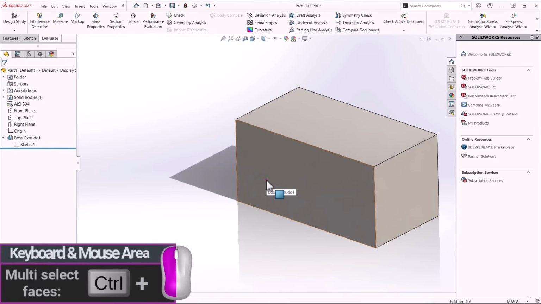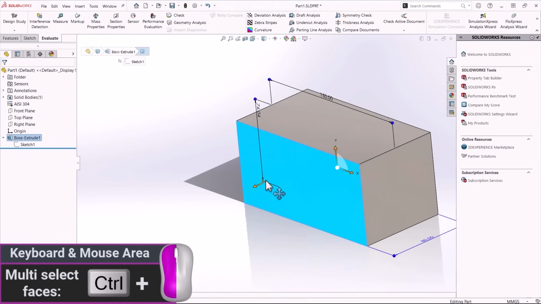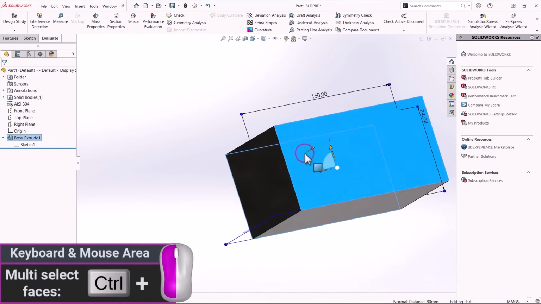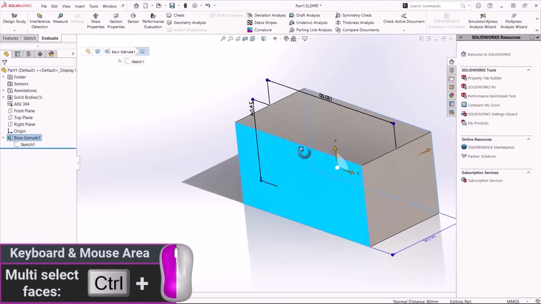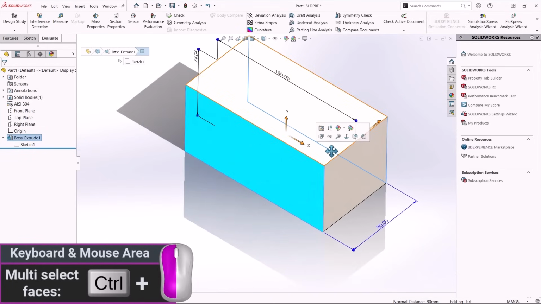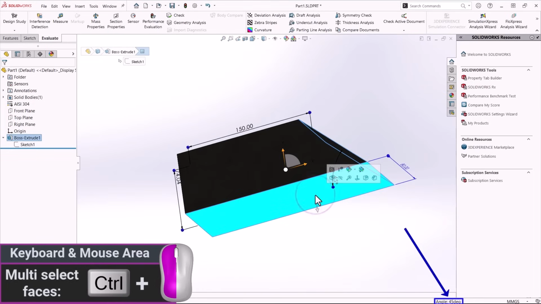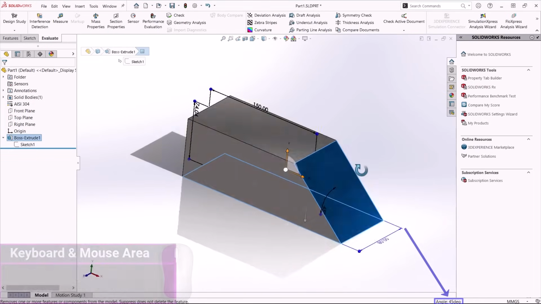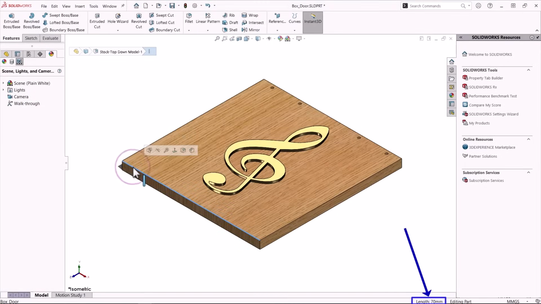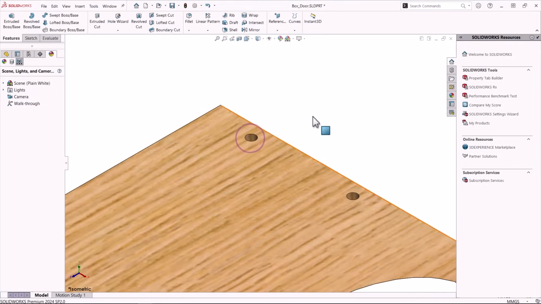Generally, you can measure your model by holding the Ctrl key and clicking on 2 faces you want to get the measurements for. The distance between these 2 faces is written at the bottom right of your status bar. If the 2 faces are angled, you would get the degrees between the 2 faces. Or you can use a line to directly get its size, a circle to get the diameter, etc.